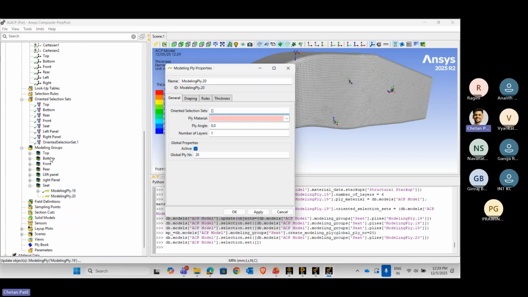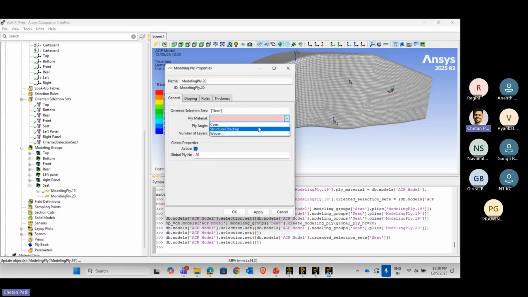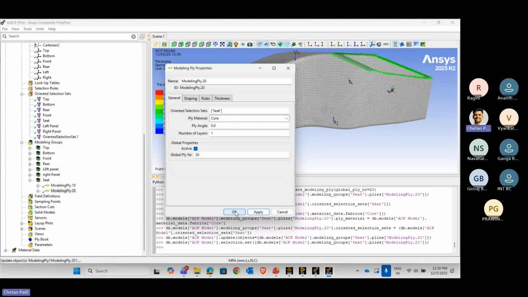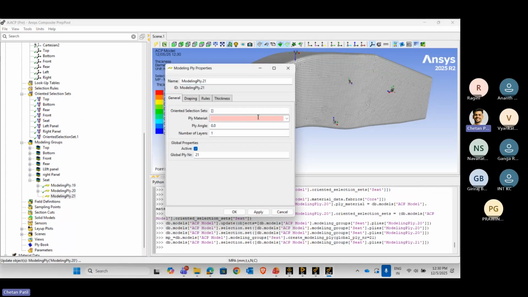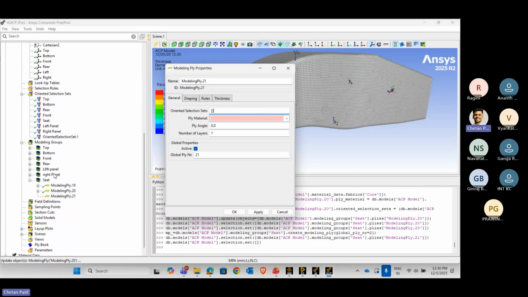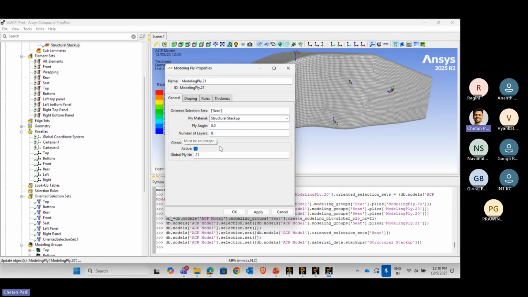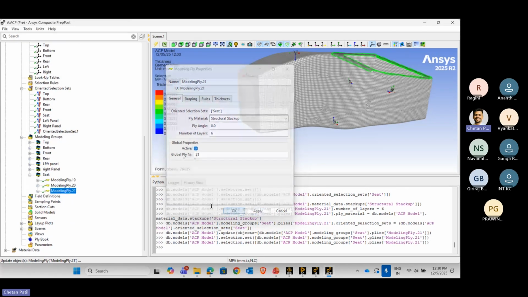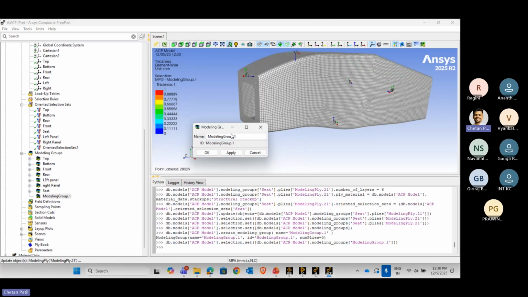You should not miss any particular region from the geometry, because if you mix up or miss some of the regions, then you will create a different kind of composite composition. So that's why you need to be more precise with creating the composition of the layup as well. Once this is done, the last one left is the wrapping section